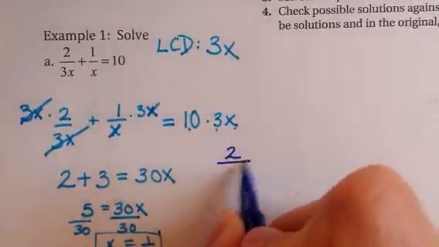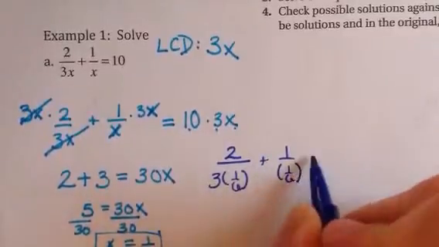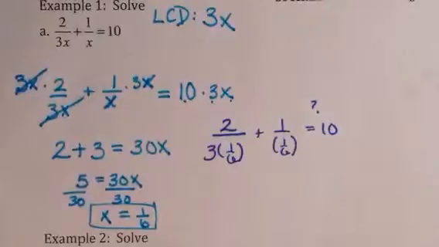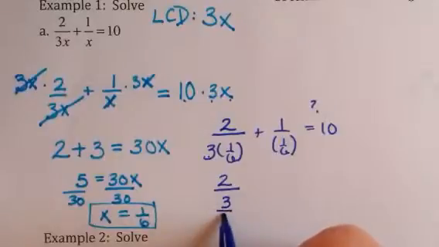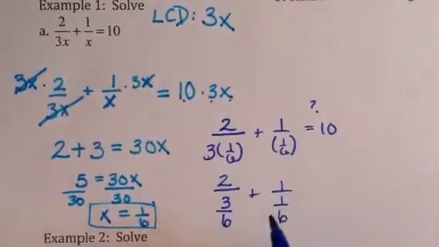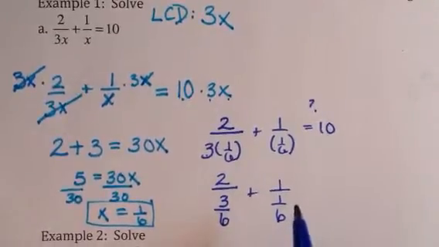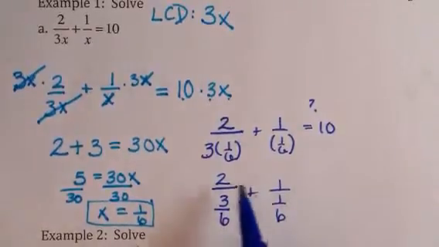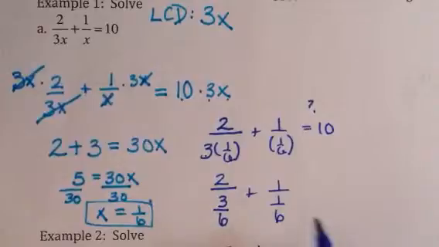So we're going to have 2 over 3 times 1/6 plus 1 over 1/6. Does this really equal 10? That's our question. So I'm going to have 2 over 3 times 1, which would be 3 over 6, plus 1 over 1/6. And so I am going to make one numerator over one denominator. So I would be looking at having 2 plus 1 over